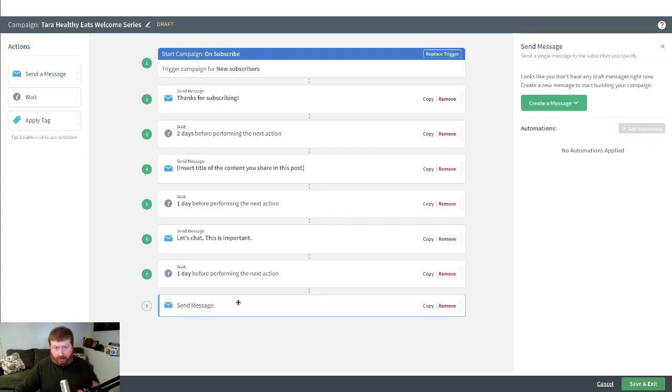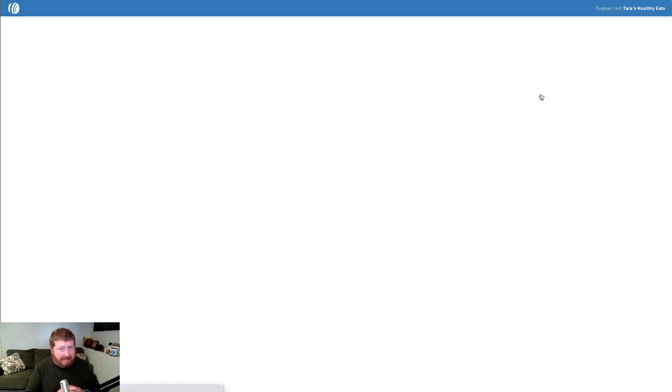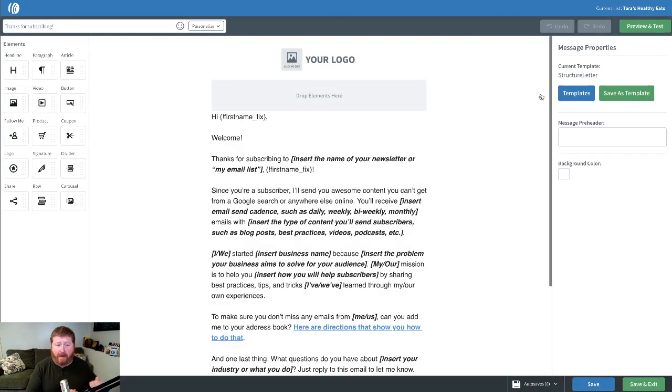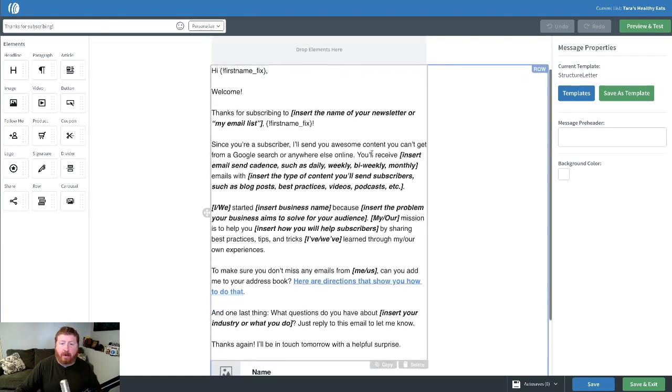Now, of course, you'll want to actually write the content that's in these emails. We can do that by clicking here. And a really cool thing about these campaign templates is not only is it a template for the series of emails, but we also give you emails that have content already written in there to kind of give you an idea of what you want to write in an email like this. Since it's a welcome email, it's basically letting you know to welcome subscribers, give them an idea of what they're going to be sent in future emails, things like that.